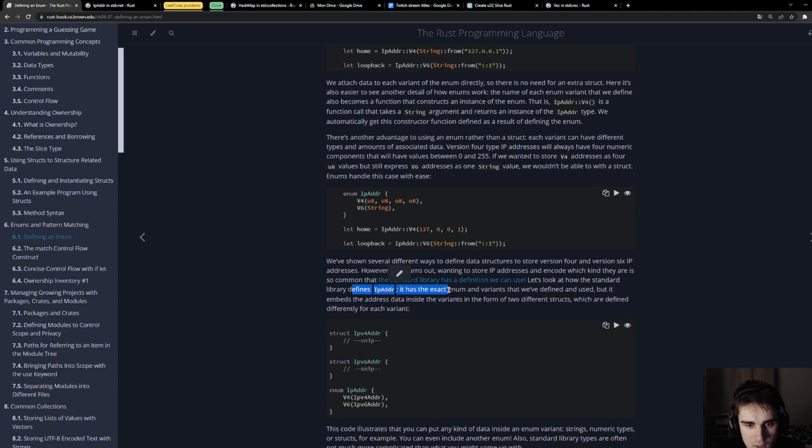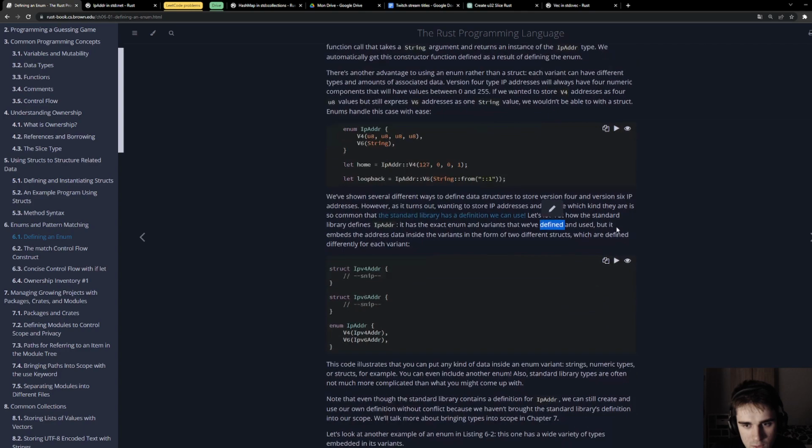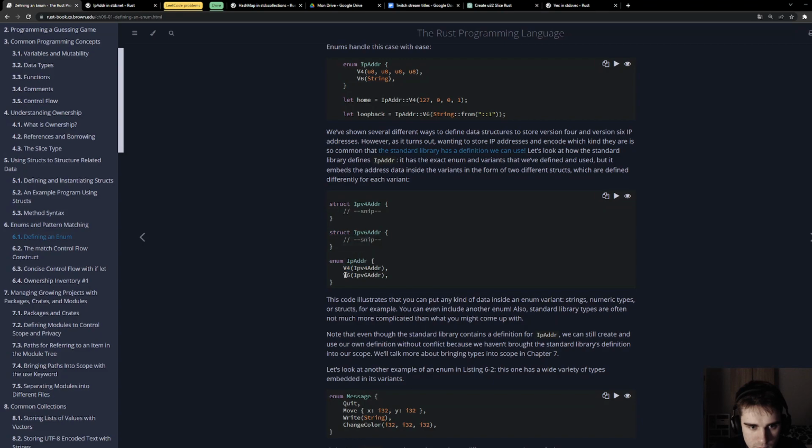It has the exact enum and variants that we have defined and used, but it embeds the address data inside the variants in the form of two different structs, which are defined differently for each variant. Struct IPv4 address, IPv6 address, IP address, v4, v6.